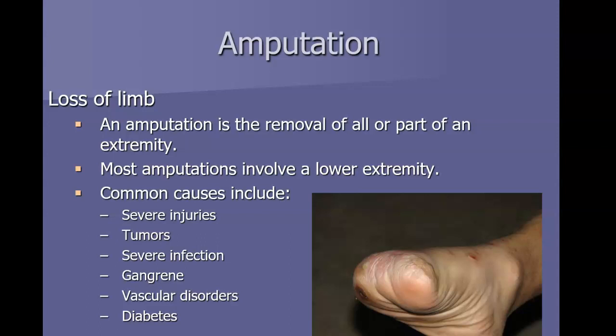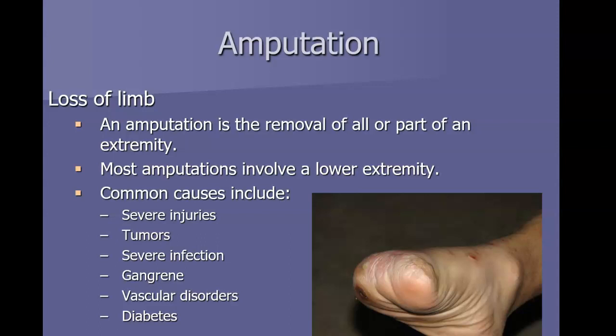Otherwise, the most common reason you're going to see this is diabetes. I kid you not. If it wasn't a war vet, I would bet you money that the person has diabetes. And you can also see it from tumors. But when part of the tissue dies, it turns gangrenous. Gangrene is death of the tissue, and the only way to get rid of gangrene is to cut it off.